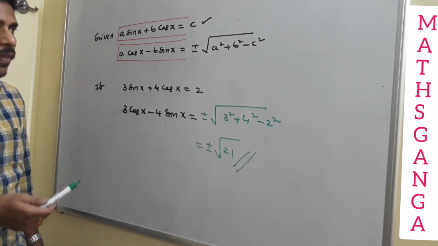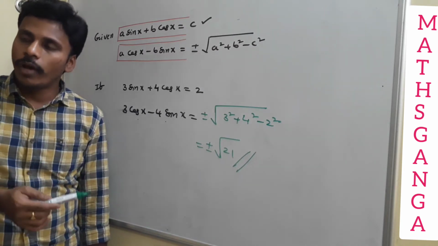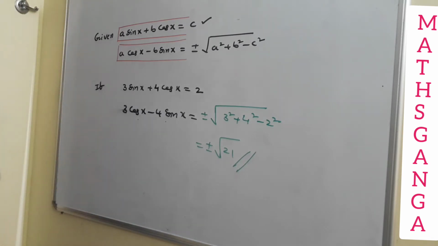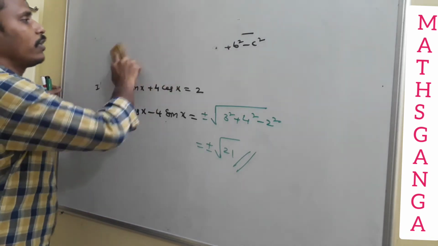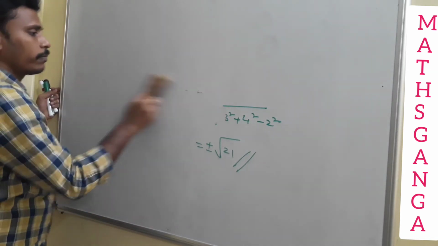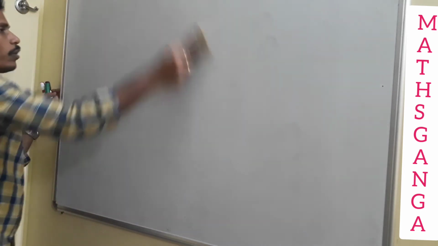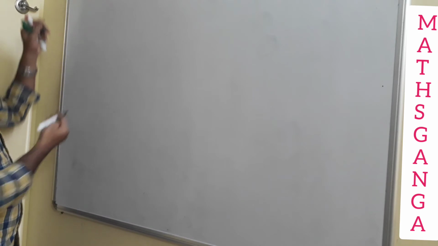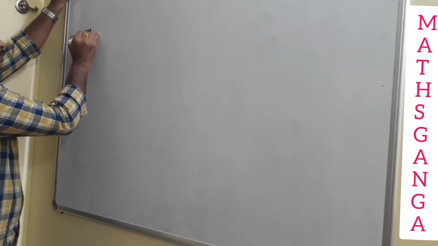And I will give you one other bit. You have to prove the second bit also in the same fashion, right? And the bit is what? a cosecant theta minus b cot theta is equal to c. I will give you the question, okay? This is 26.1. 26.2, 26.3, we can prove all these three things in the same fashion, right?